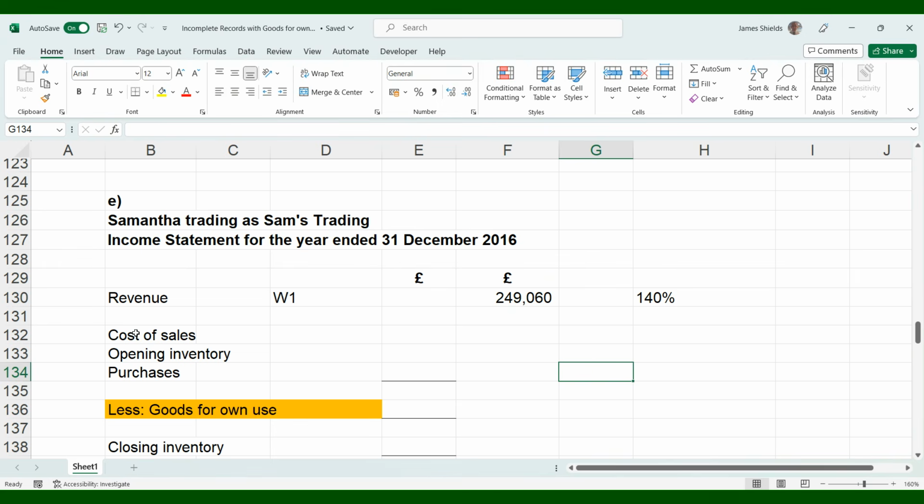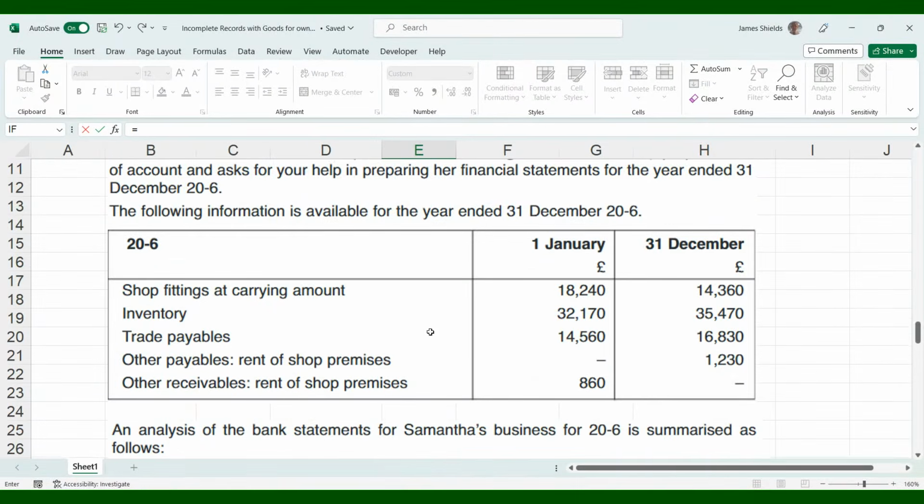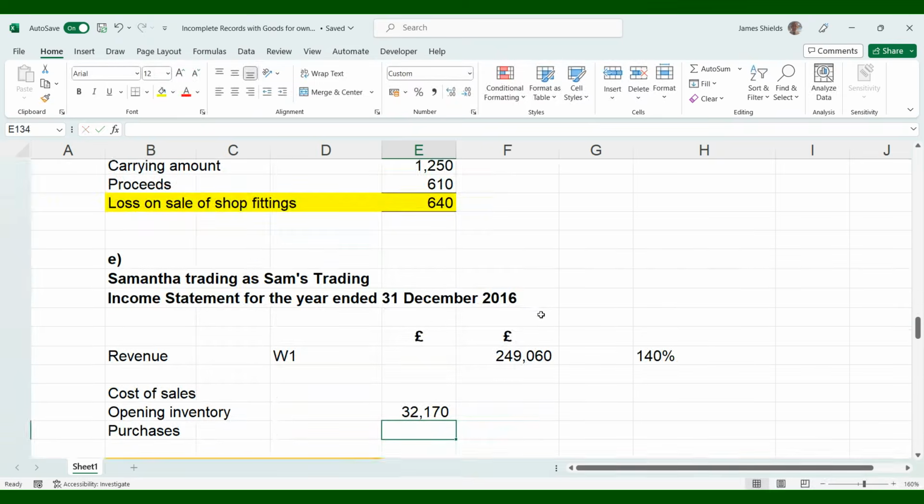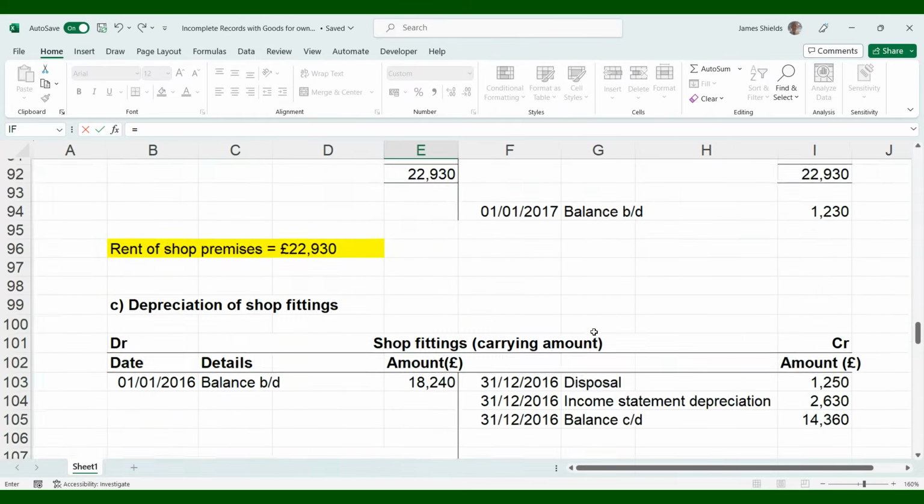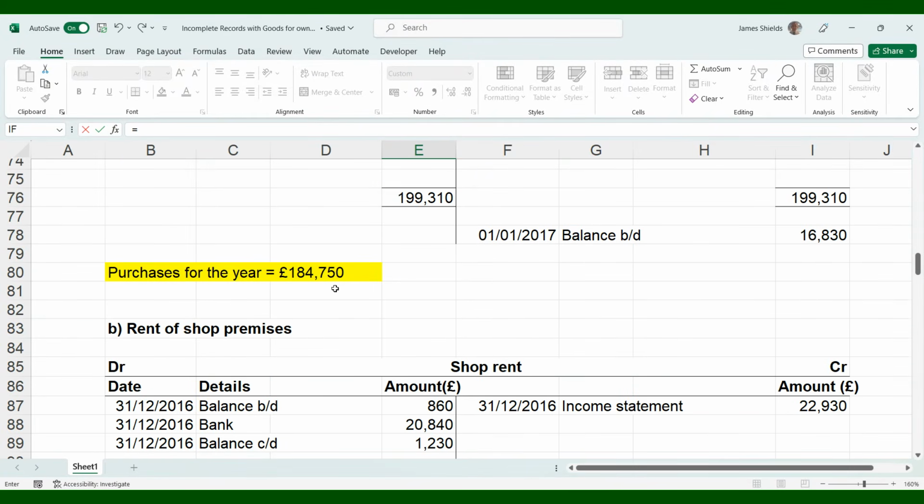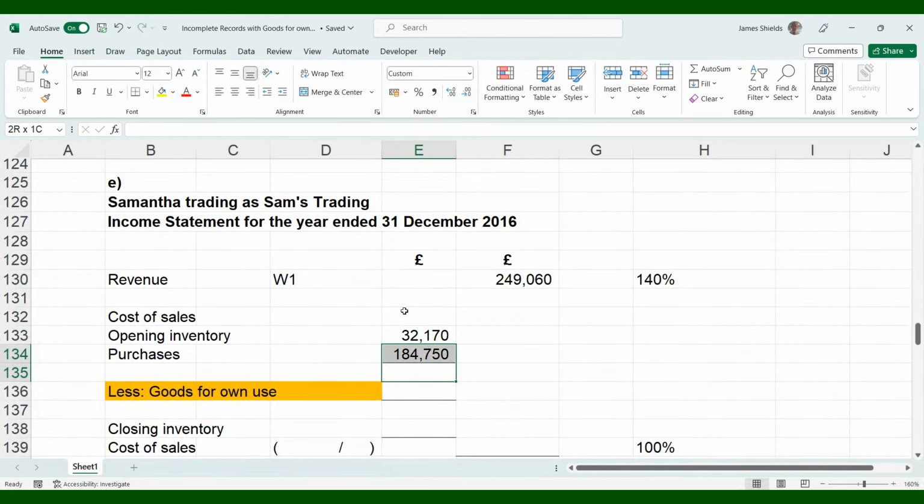Now, cost of sales. Let's see what we can fit in here now. Opening inventory. Right, that's the information again at the beginning of the question. So opening inventory, we will have £32,170. Purchases, we worked it out in part A. So go back to part A for purchases. We have £184,750. Now we add the two together now, and we will get